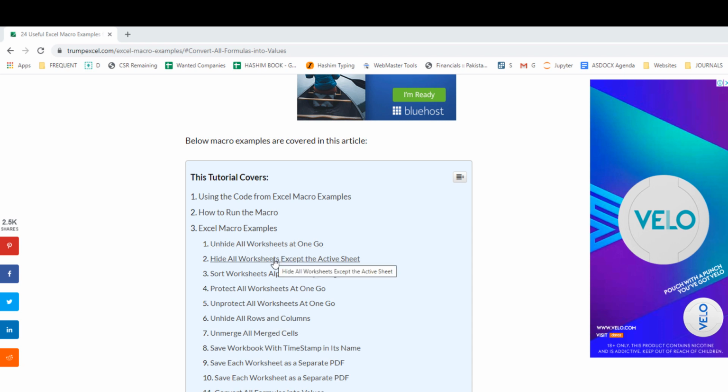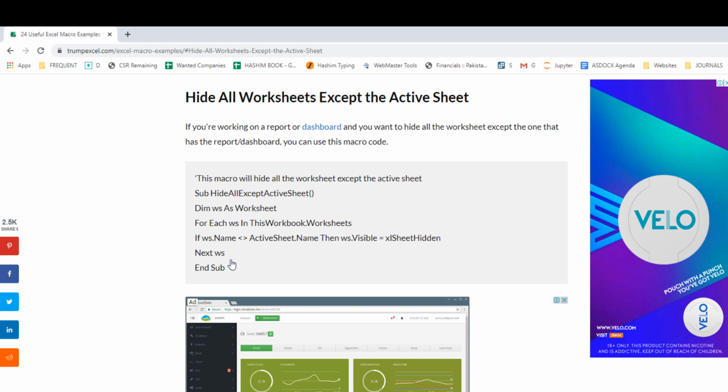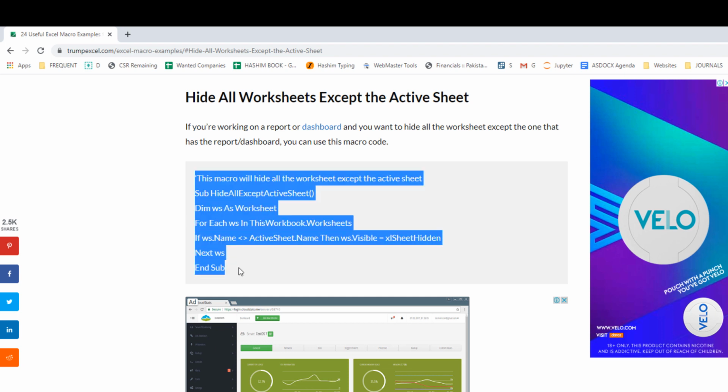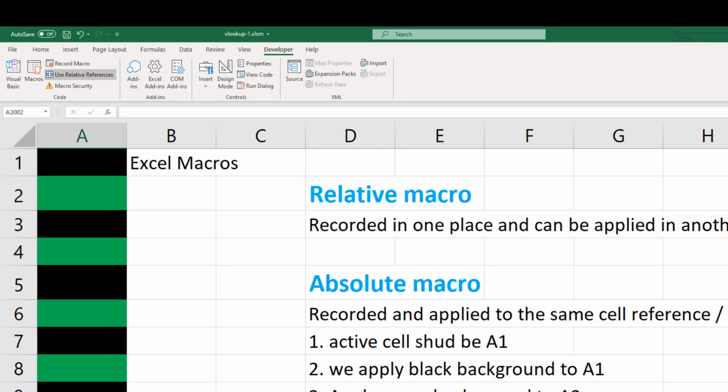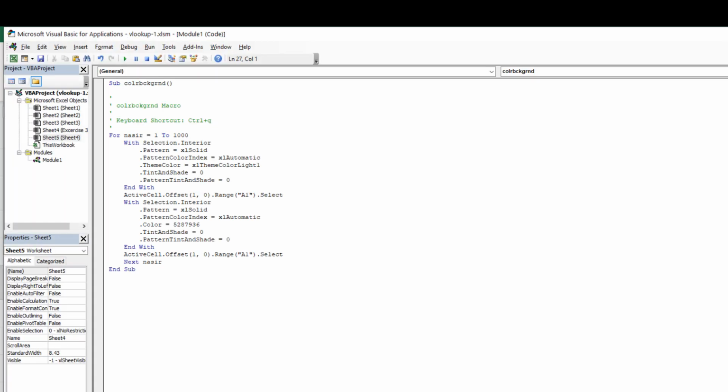So let's say there is a macro: hide all worksheets except the active sheet. So how can this macro be used? What I'm doing is selecting all this text, copying it, and we go to the environment.